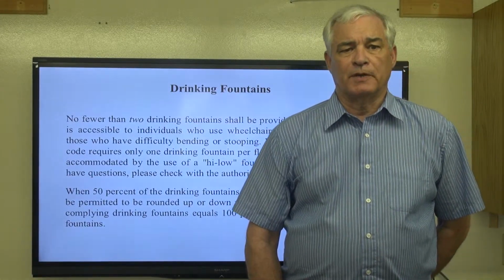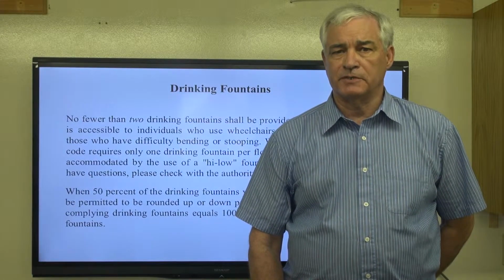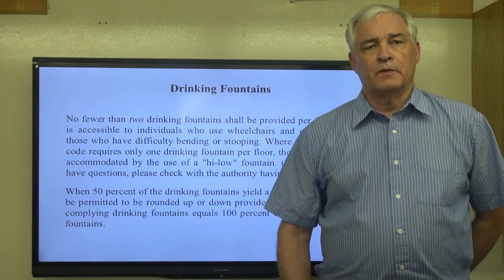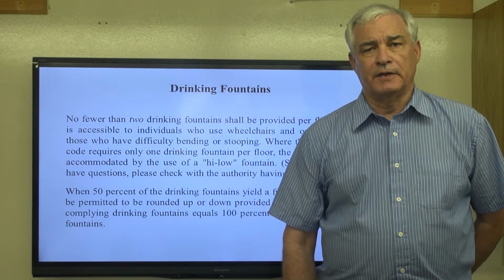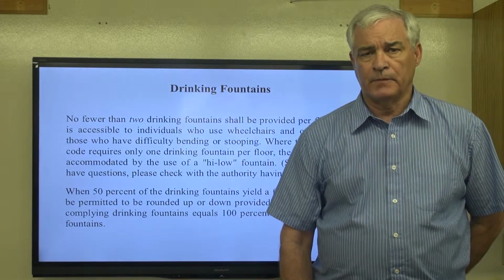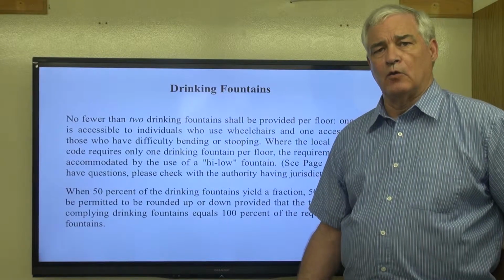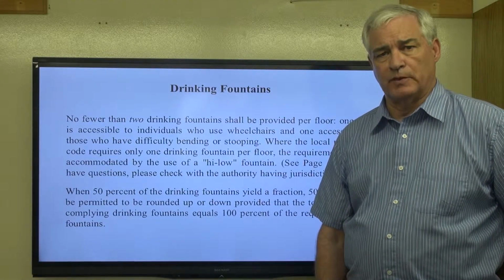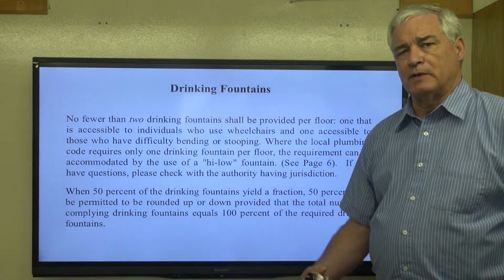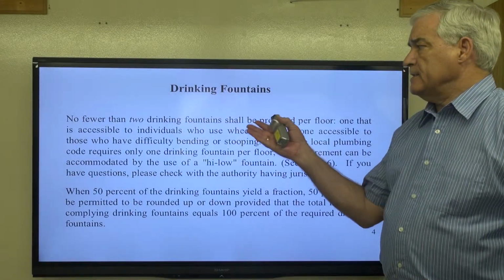The City of Omaha Plumbing Code determines how many drinking fountains a particular occupancy should have. Based on that, the City of Omaha adopted in February 2008 the ANSI standard for accessibility. And in that standard, it talks about when a high-low, or what kind of drinking fountains, would be required. So when you have a requirement by the plumbing code for a drinking fountain, then the ANSI standard dictates that